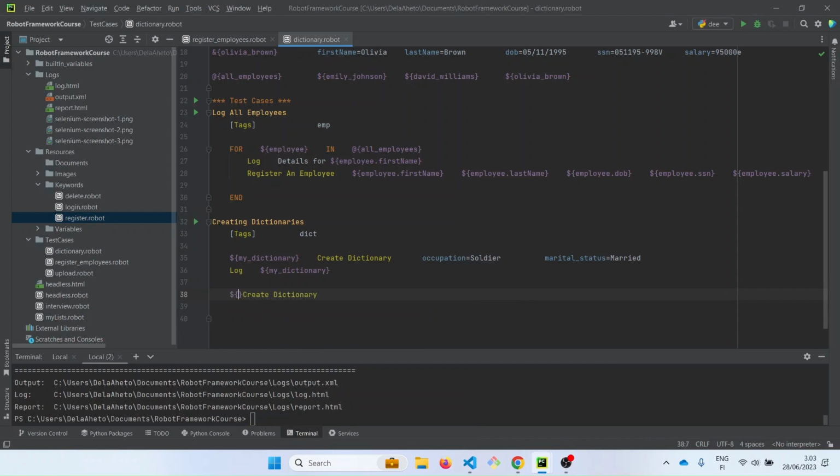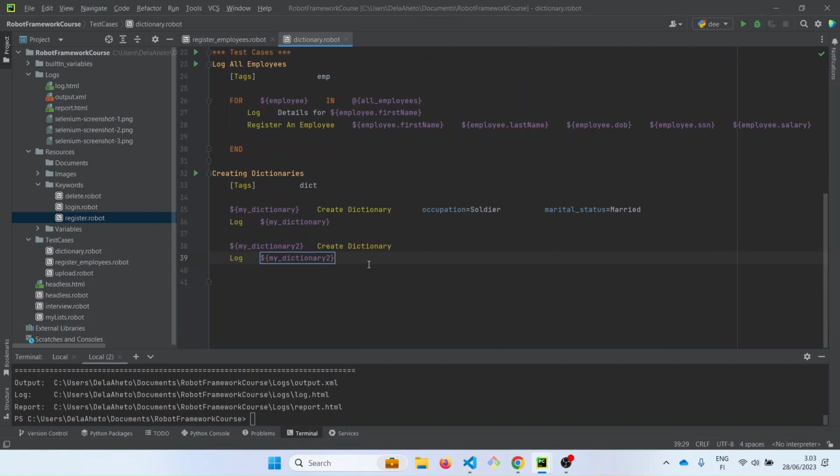So we can create an empty dictionary. So let's say my dictionary 2. So now this is an empty dictionary. So let's log it and see what we get. So my dictionary 2. And then to populate this empty dictionary, there's yet another keyword we can use to put in the key value pairs. That is the set to dictionary keyword, and that takes the first argument,